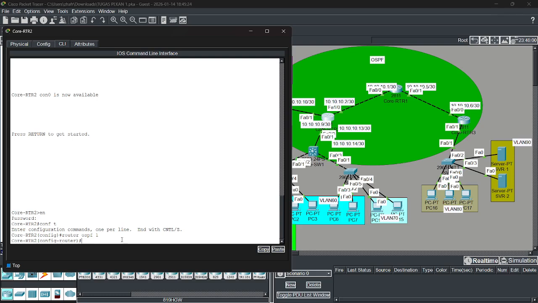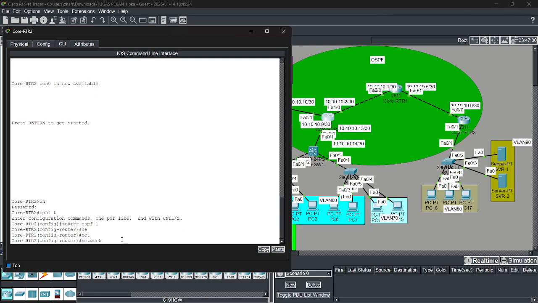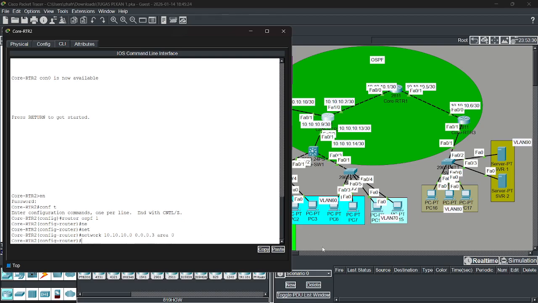Okay, and then we broadcast the network address. Area backbone. Okay.